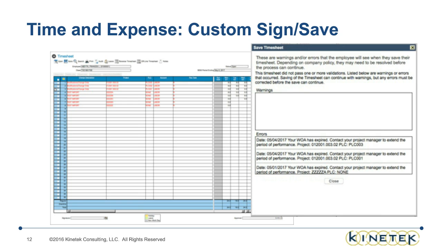So again, some small things here, a little bit of technology. We already have Costpoint. We already have time and expense. We already have the ability to create some extensibility, which really just expands the functionality of Costpoint to cater to our needs. We already have the ability to do custom signed save procedures in T&E, and I would say that most companies that have T&E have custom signed save procedures.